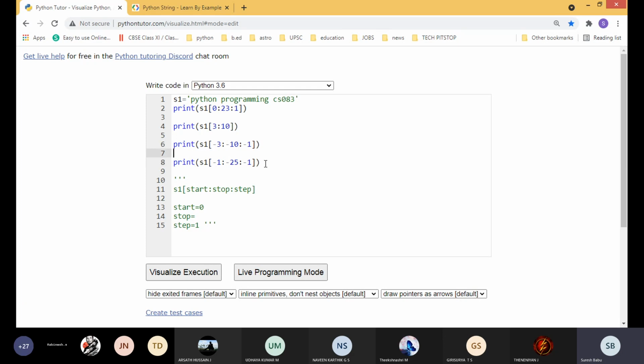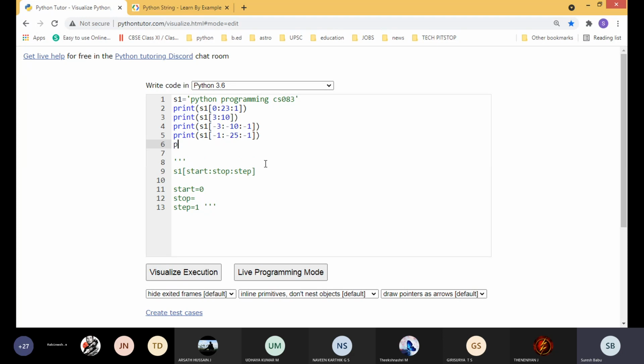We need not mention any start value and stop value. Directly you can give only the step value. Kindly note down S1 of, no value in the start value, end value also you don't need to give, only the step value you can give as -1. This will do a reversed order.